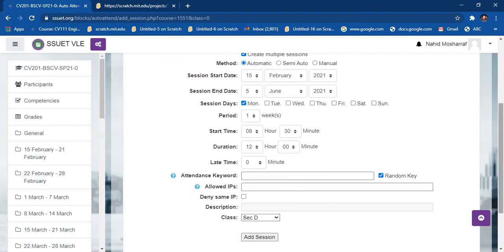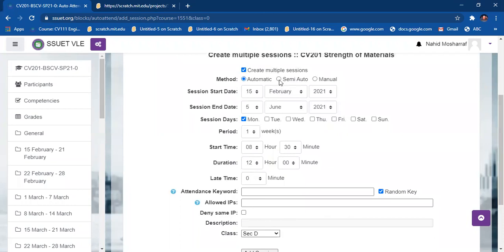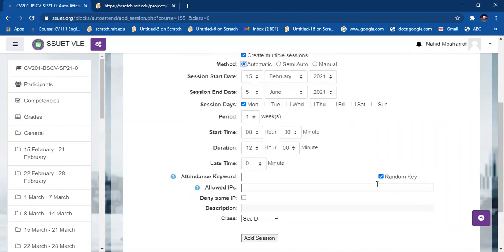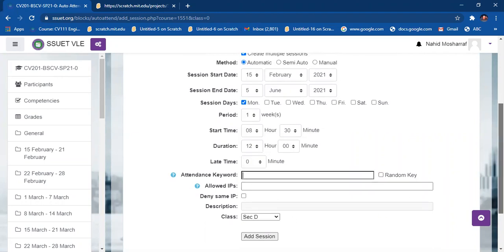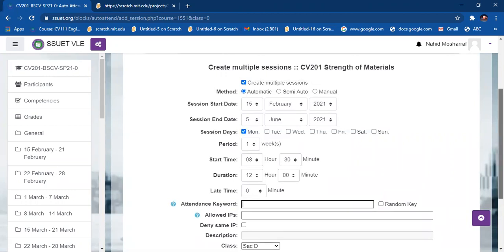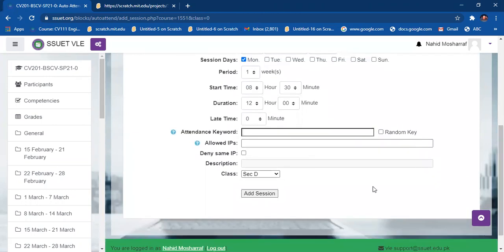So description should be, I have to provide manual, no. I will have to give it as an automatic session. There is no need of a random key; if you want to give it, give it, no problem. It is asking for random keys. I don't need that.